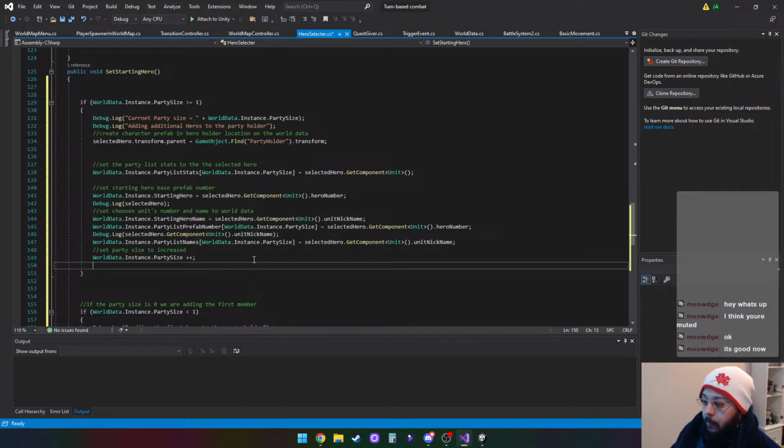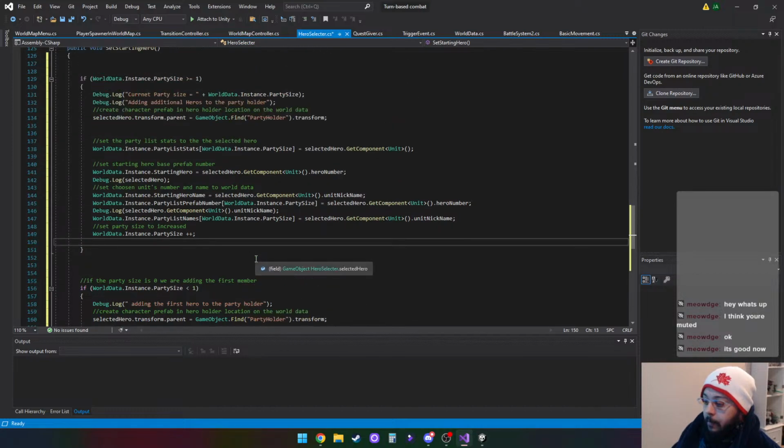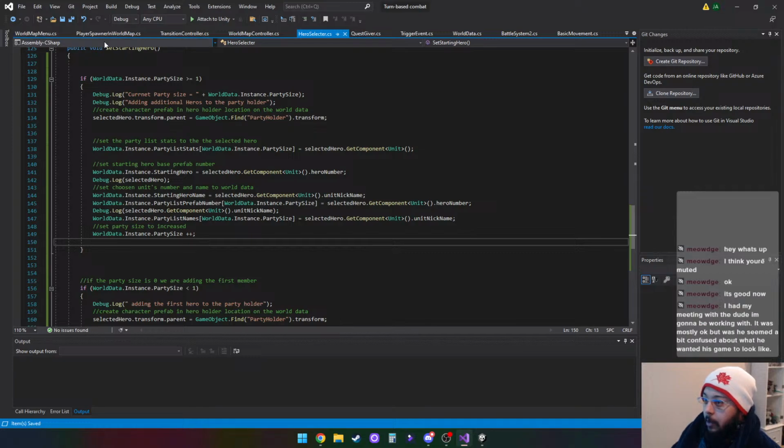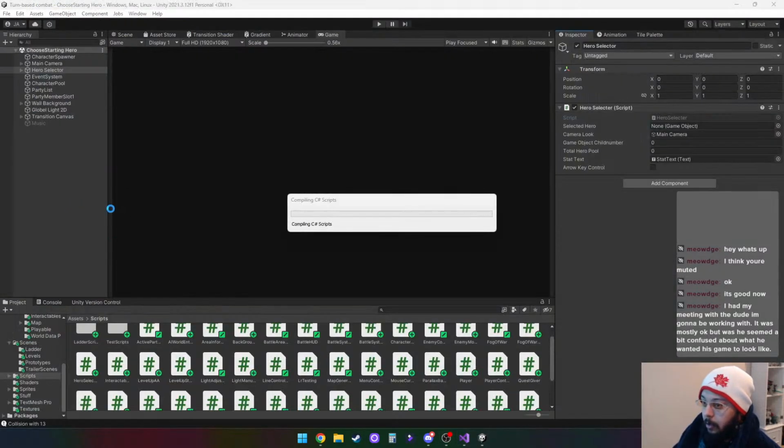Okay, so that should add another hero, theoretically speaking, because that would go to world data. And if I go here real quick and take a look at world data,